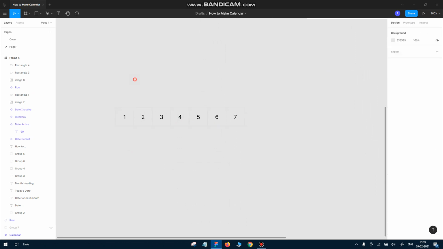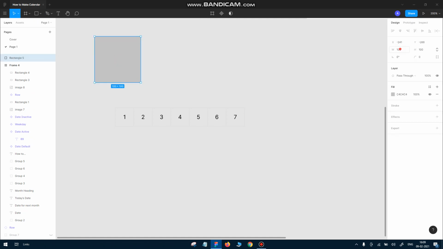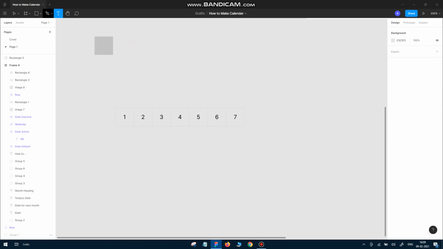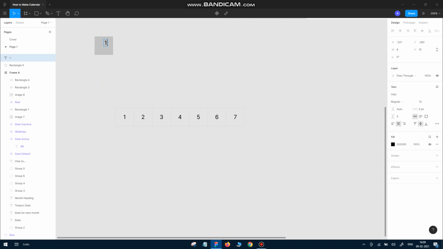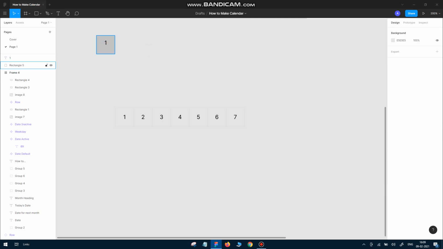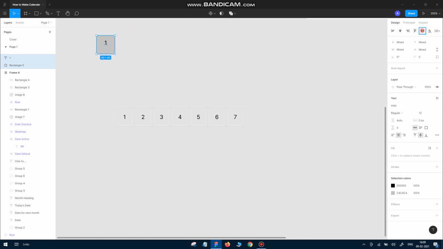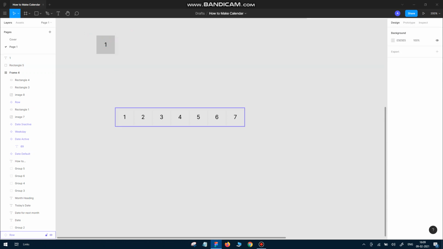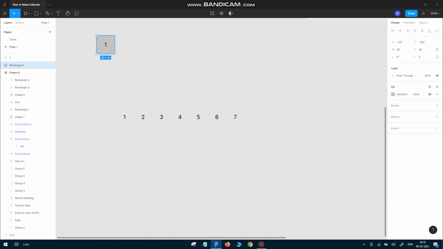For creating this, we will select a rectangle, which we can select here or press R. So we'll click here and resize it to 40, and add text from here, which we can also use by the shortcut T. Click and press 1 and align it in the middle. As you can see, we need this, so we cannot have the fill, and we'll add the stroke and change the color